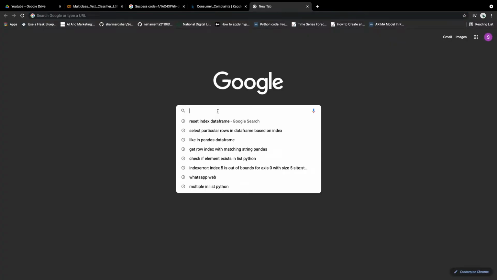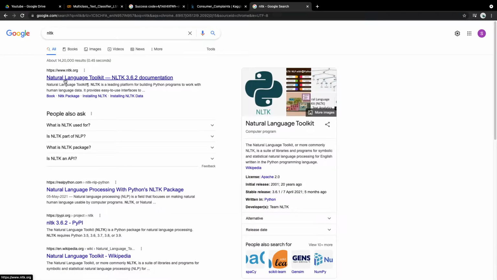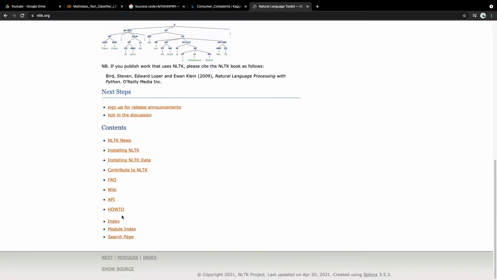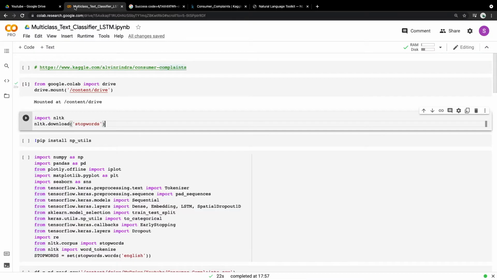NLTK is a natural language processing toolkit which has Python API support, and you can find most of the stuff with respect to NLTK in its documentation. But since we are not going through the entire documentation, our goal is just to classify the text, and NLTK is just a part of it.